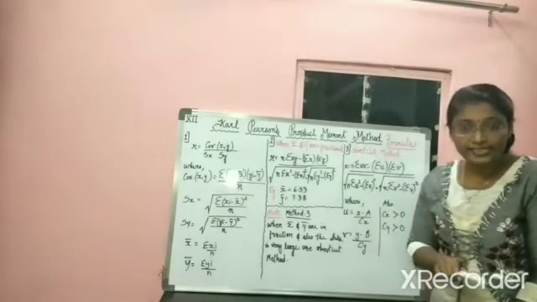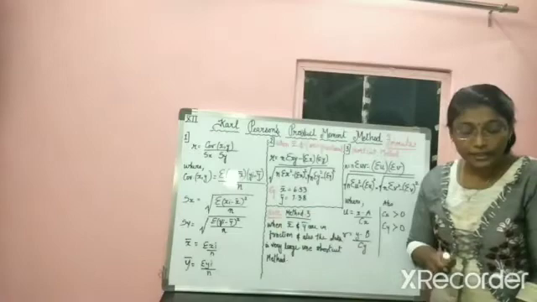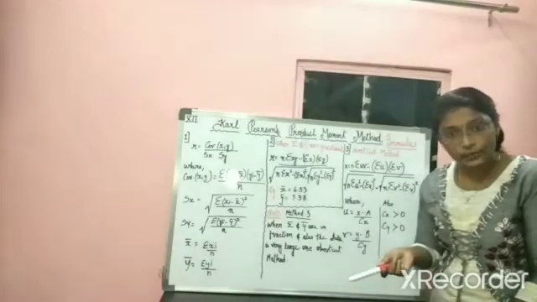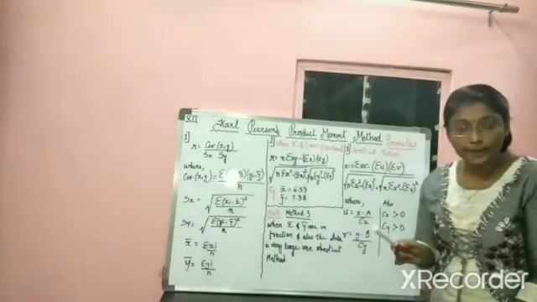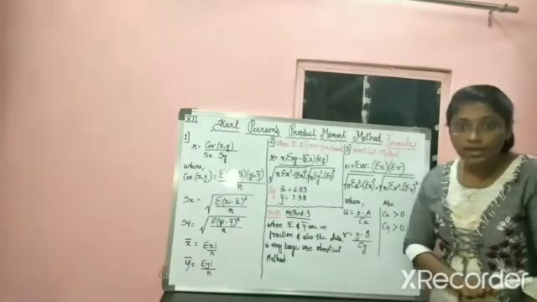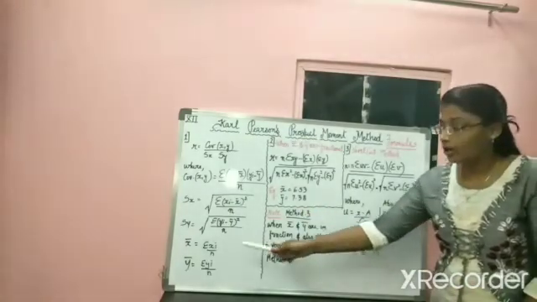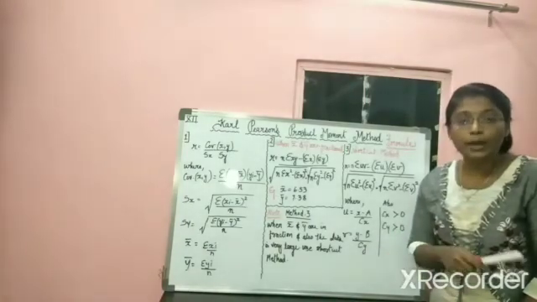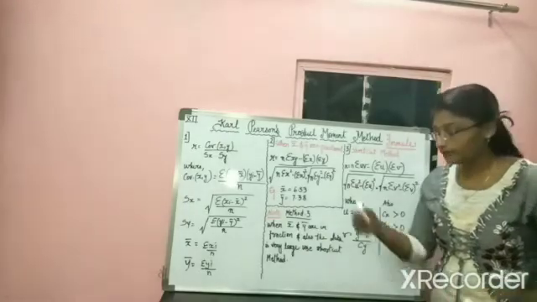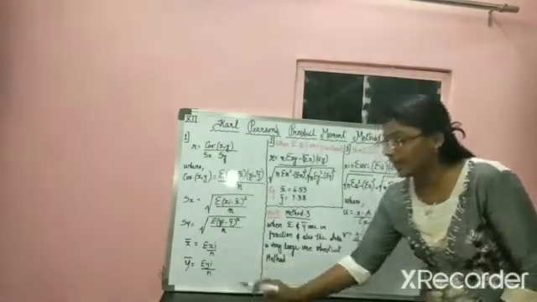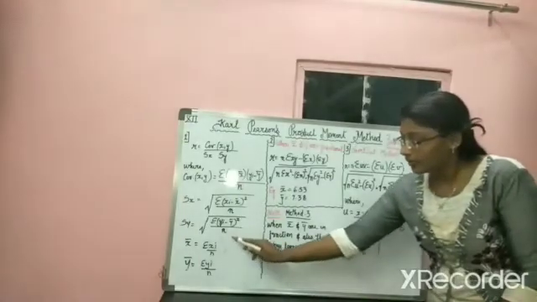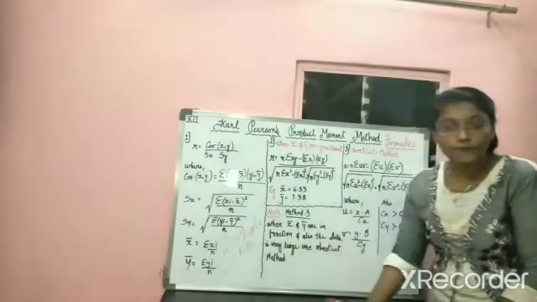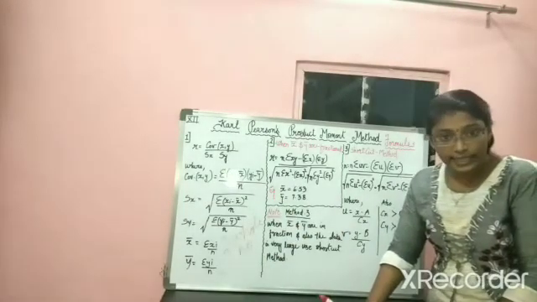Now what is the formula for sx and sy? Sx is the square root of sigma (xi minus x bar) the whole square divided by n. Similarly, sy is the square root of sigma (yi minus y bar) the whole square divided by n. Clear with this sx and sy? Now to find the mean, that is x bar and y bar, it is simple: sigma xi upon n and sigma yi upon n. Understood? What you have to take into consideration is that when your x bar and y bar give a whole number or natural number, then you have to move on with the first formula. Clear with the first formula?